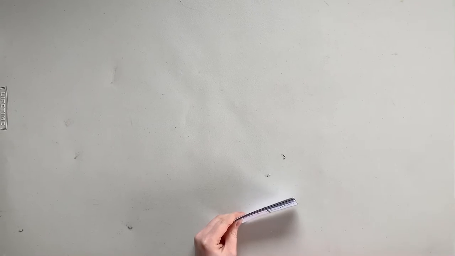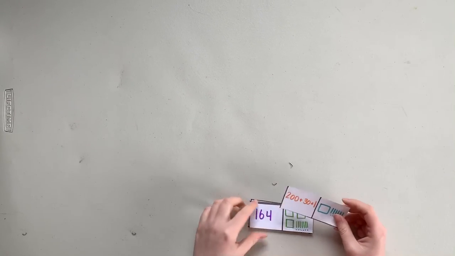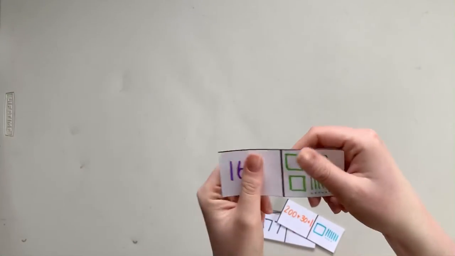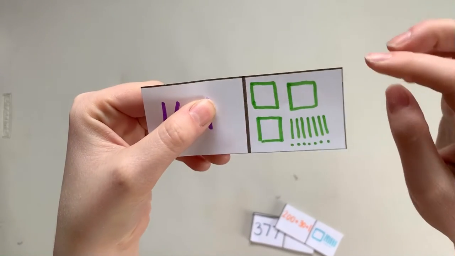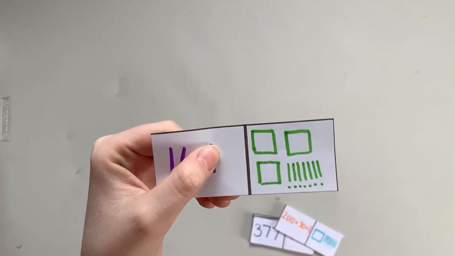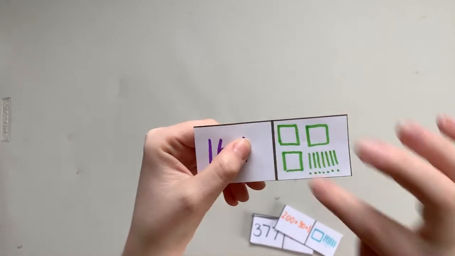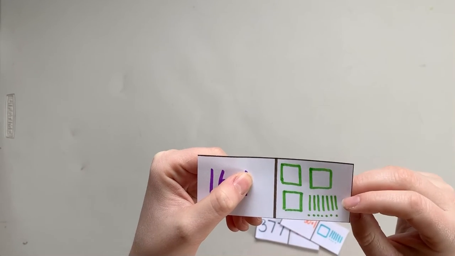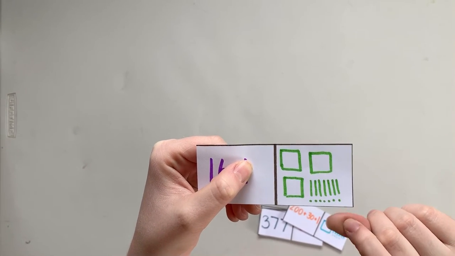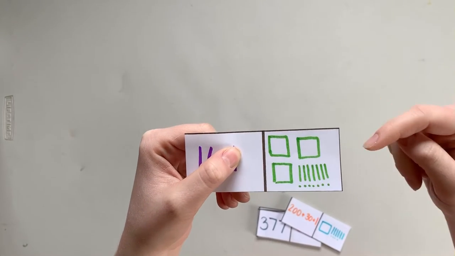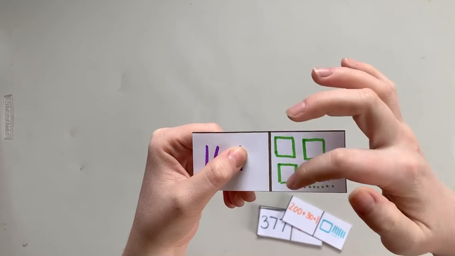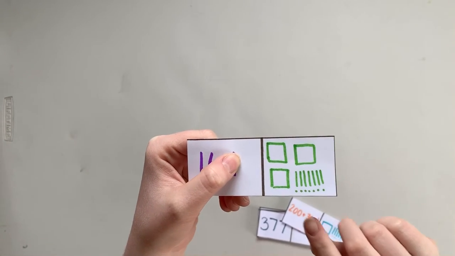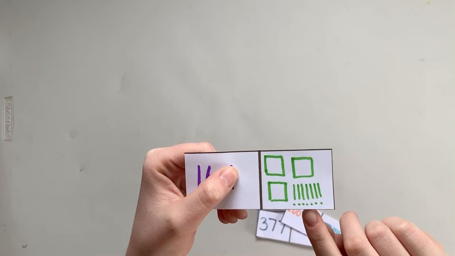First off, these dominoes are written in standard form, where we have the numbers, so 164. They're also written in pictorial form. Now remember, in our classroom, when we're working with pictorial form, we draw a square to represent 100, we draw a straight line to represent a tens rod, and we draw a dot to represent a 1. So in this domino, we know this would be 100, 200, 300, 10, 20, 30, 40, 50, 60, 70, 370, 1, 2, 3, 4, 5, 6, 7,